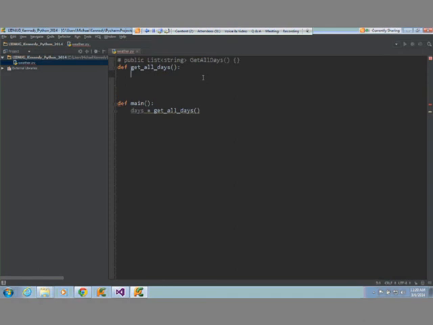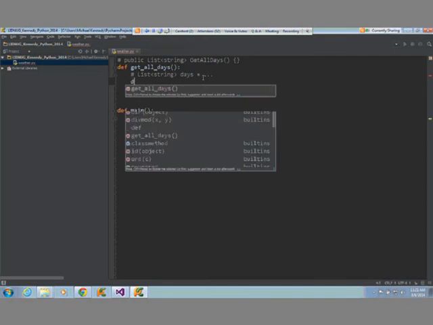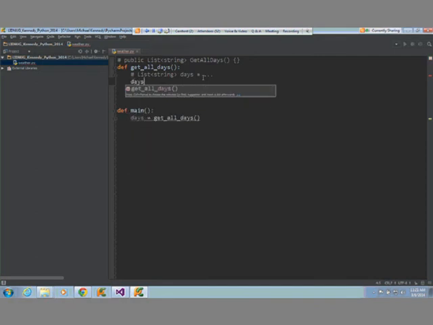Now, let's go in here and I want to write code like this. List of string days equals da da da. So the way we're going to do that in Python is we're just going to say the variable, days equals. Now the way you define a list is like that. That's a list. I know it looks like an array. Just in your mind, you have to say it. Arrays are like lists, right? So we're going to go in here.